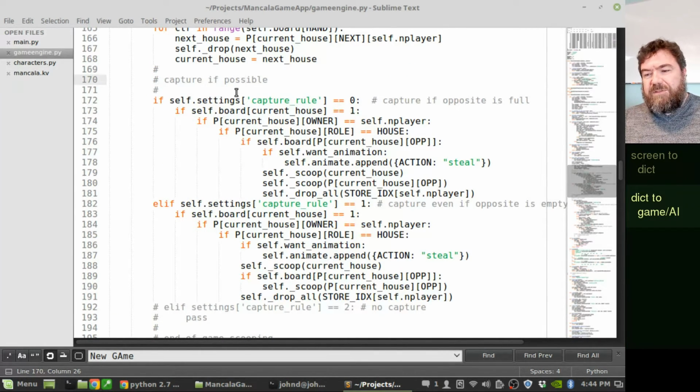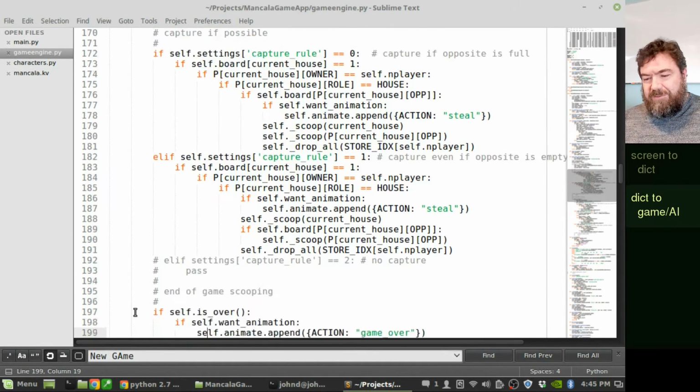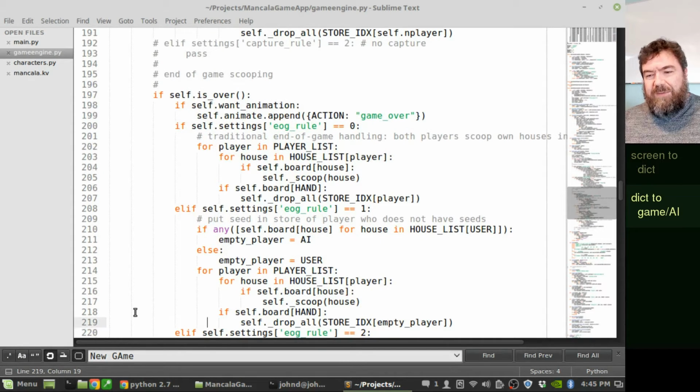Here under captures, I'm now looking at the capture rule. Do I look and see if there's anything in the opposite pit to determine whether I capture or not capture? I follow this state. Otherwise, if it's the second option, which is capture even if the opposite pit is empty, it will do this. And then if it doesn't allow captures, ironically, I just commented those out because it won't do a capture if it doesn't allow captures. Very similar to just like here, end of game handling. So if game is over,